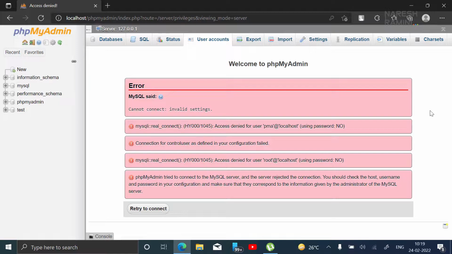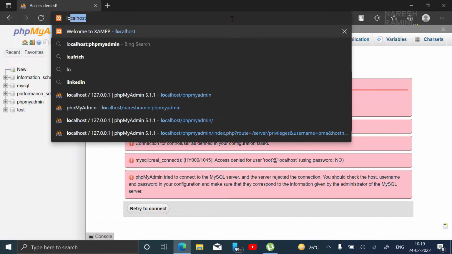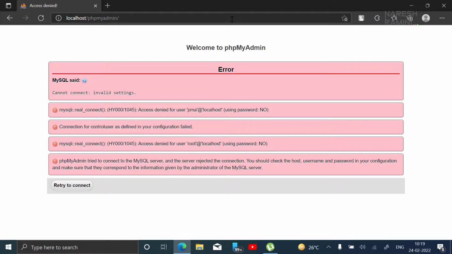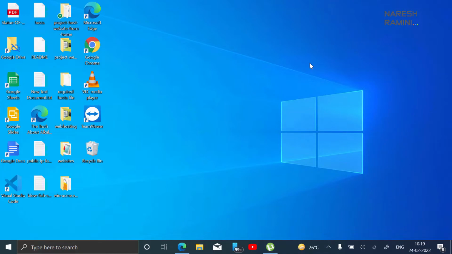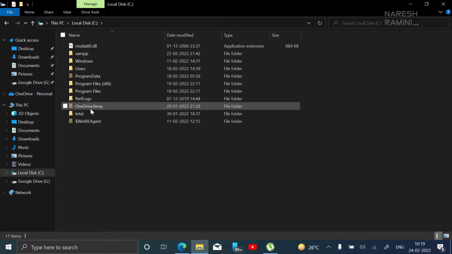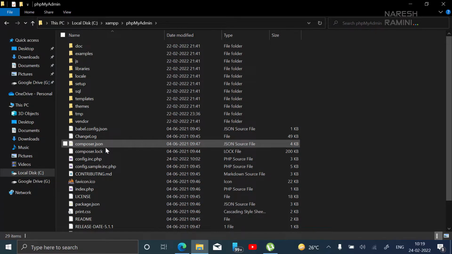Now let's try to visit phpMyAdmin again. Localhost phpMyAdmin. Now you can see that it ended up with errors and phpMyAdmin is inaccessible. Now we need to fix these errors. To do that, minimize the browser and press the Windows + E shortcut key to open File Explorer. Now click on This PC, then go to C drive, then go to XAMPP, then go to phpMyAdmin and locate